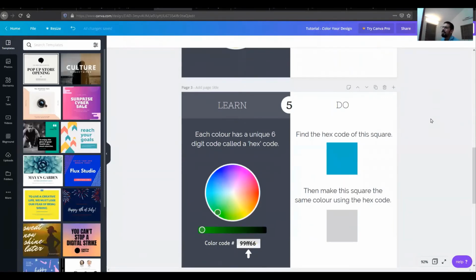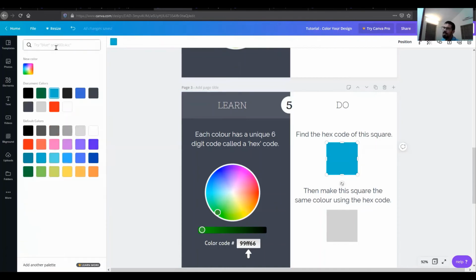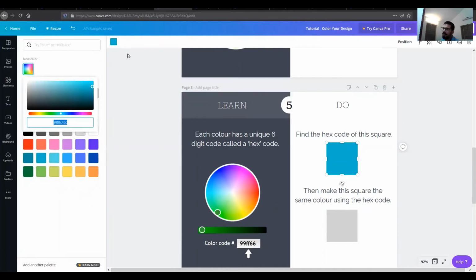Now this is something you might often find, that you have a specific color and you want to match this color to a different element. But how do you do it? You don't have the hex code to do it. So what you will do, if you want to add the same color to this other element, you click on this color over here, you go to new color, and when you click on new color, you get the hex code over here at the bottom that shows you the color of the current selection. So you copy this hex code